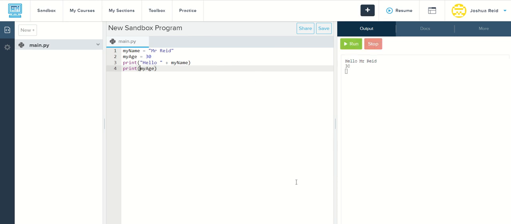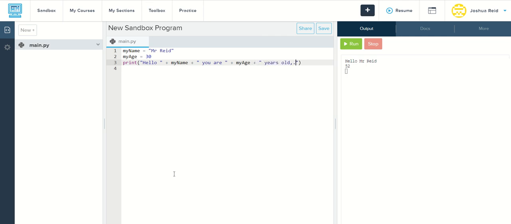I can also do some maths with the data inside of my variable. So if it's an integer, which it is, I'm going to print out now myAge plus 22. So when I run it this time, it says hello Mr. Reed, and instead of 30, it's outputting 52, just there. Now I can concatenate or use the values inside of my variables if they're integers with strings. So what I could do if I get rid of this print statement is I could say hello whatever's stored in myName plus I'm going to add another string, you are, and then I'm going to add myAge and then the string